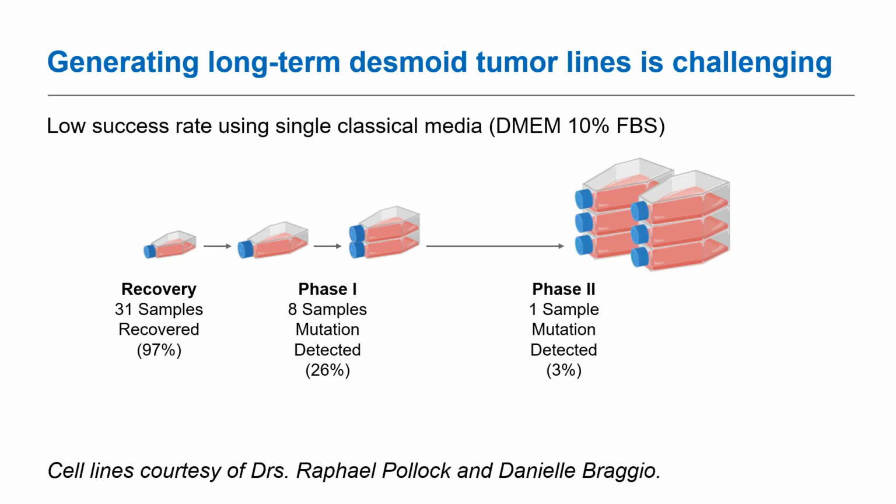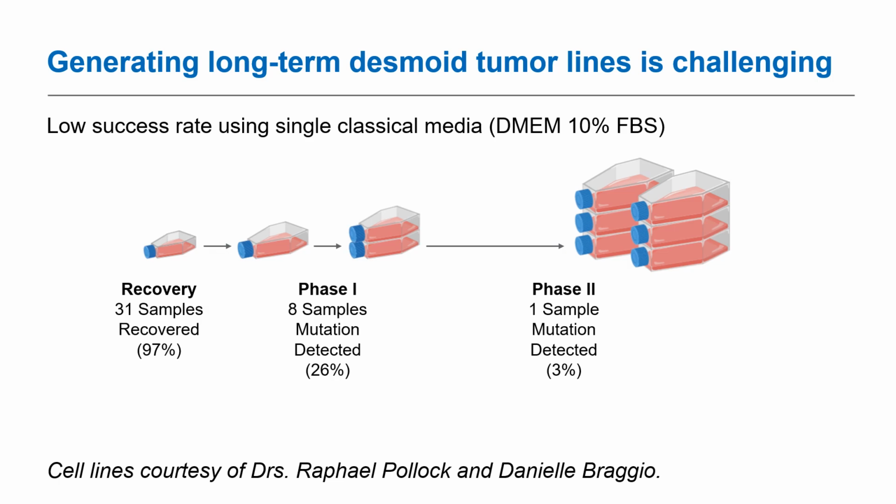However, our experience in the first year has also highlighted some challenges and lessons that have informed our strategy for the upcoming year. Thanks to the generous donation of cell lines from Drs. Raphael Pollock and Daniel Braggio from Ohio State University, we were able to track the expansion of a cohort of over 30 beta-catenin mutant desmoid tumor primary cultures using the single traditional media condition we typically use, DMEM plus 10% FBS. We conducted Sanger sequencing at every passage, and we identified cultures that maintained the tumor-rich content during the